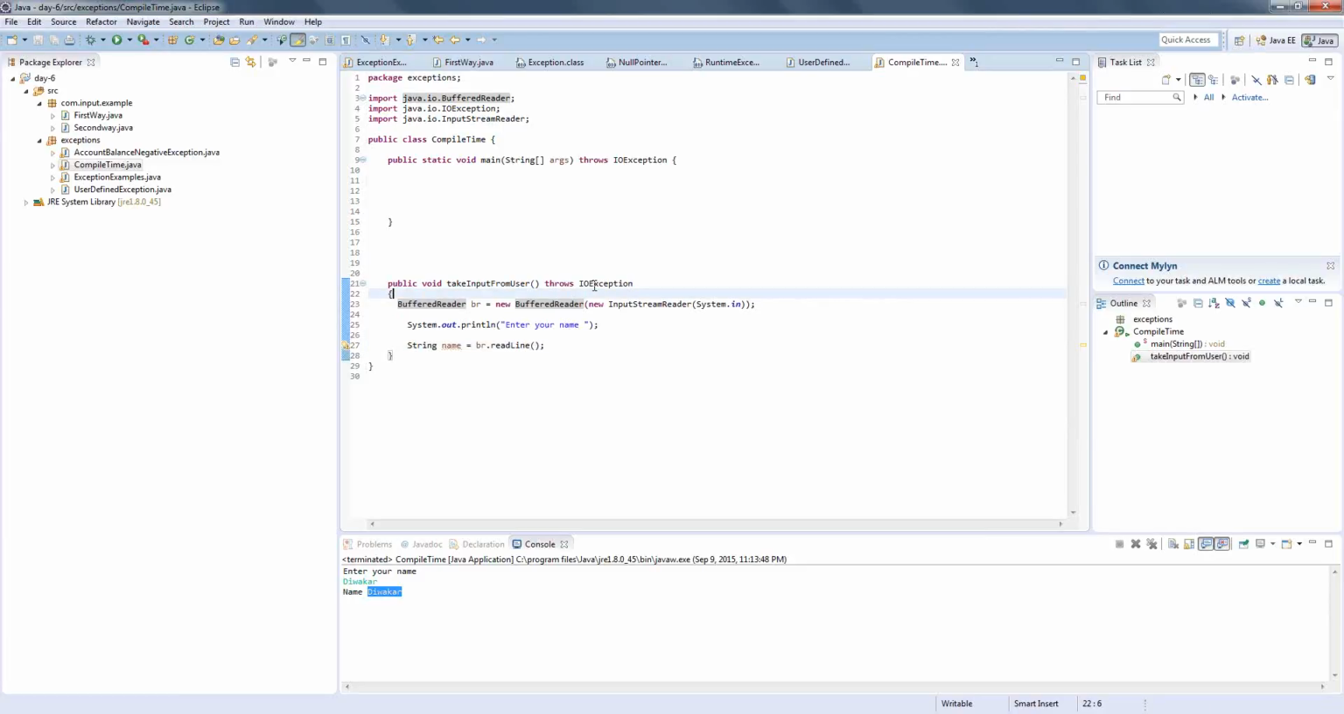So when I call this method, the compiler will tell me, whatever method you are calling, take input from the user, it is most likely to throw IO exceptions, so better handle that. So if I call it here, make it static so I don't have to create the object. If I write take input from the user, it should say